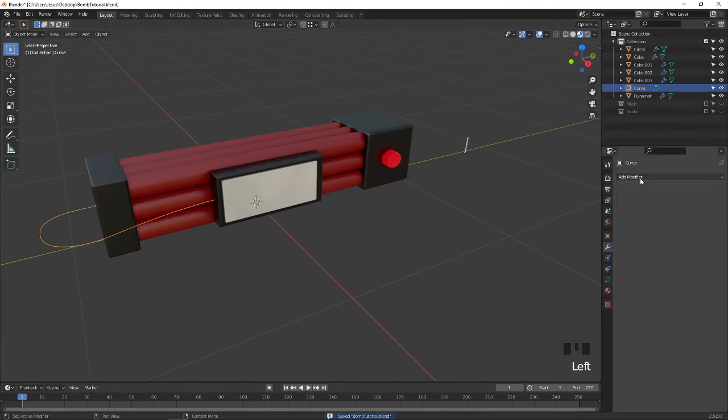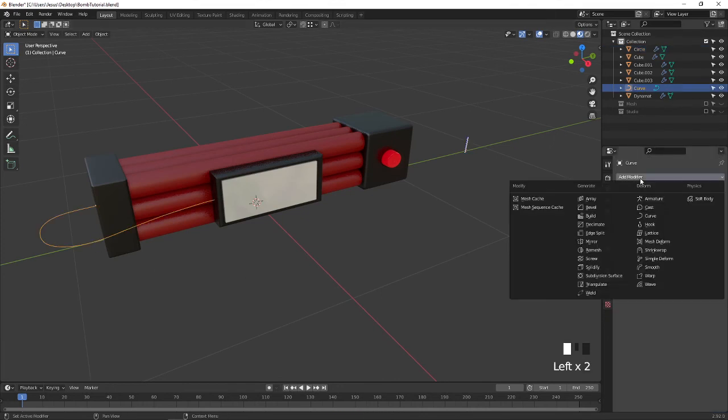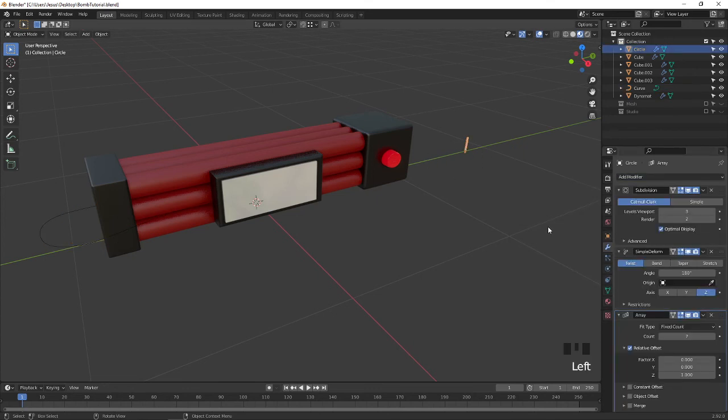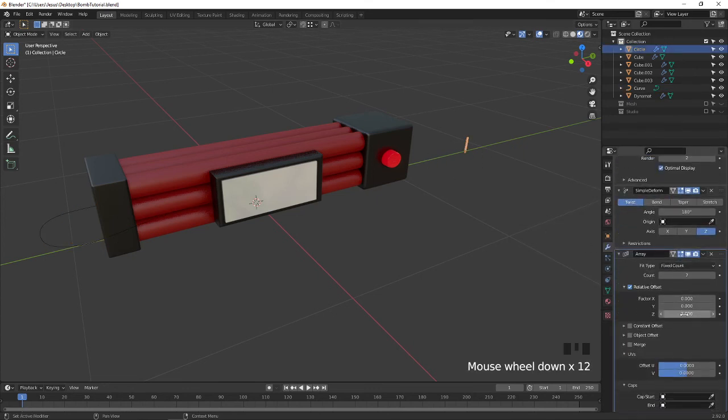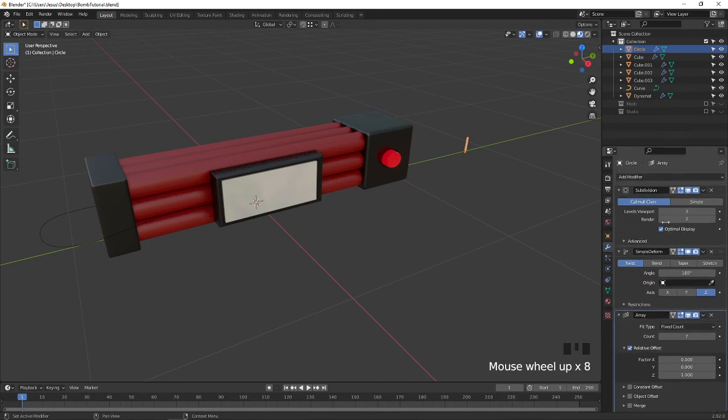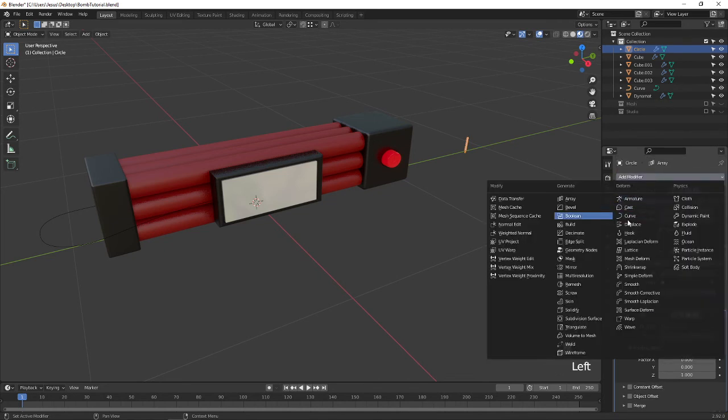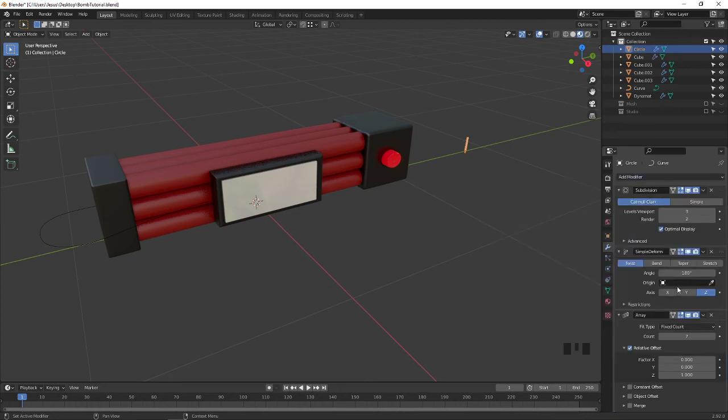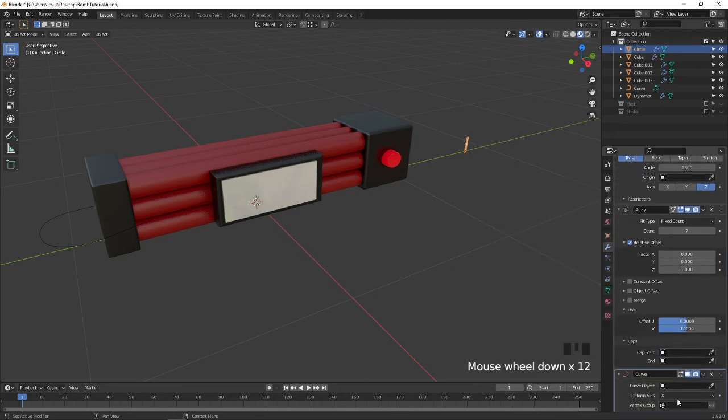Select this, add a curve and select the object and Z axis or Y axis, whichever comes correct.